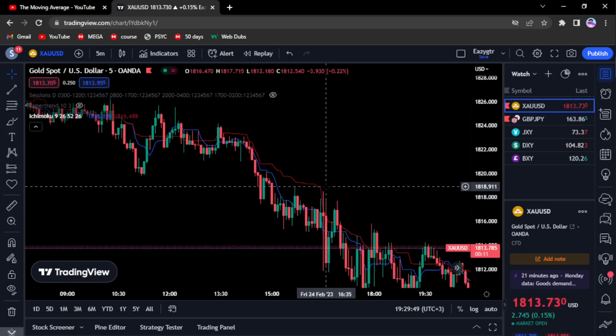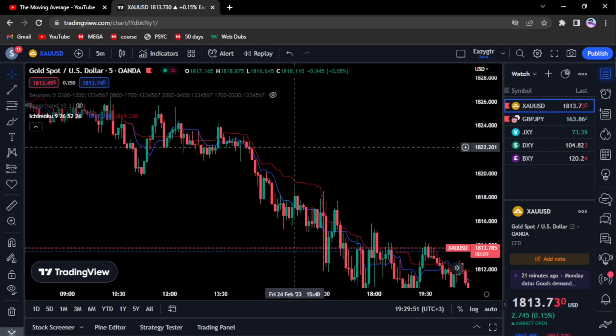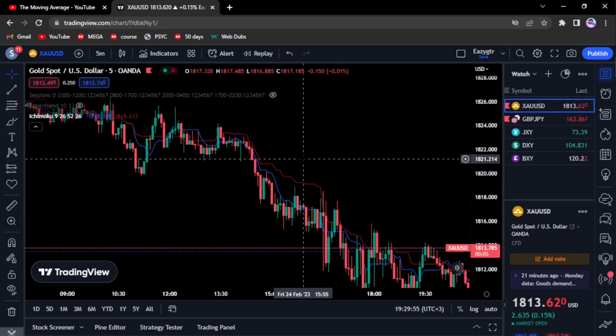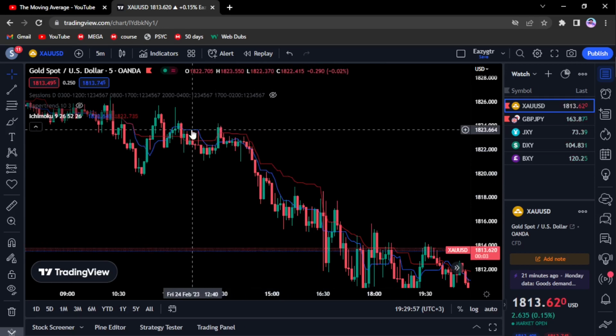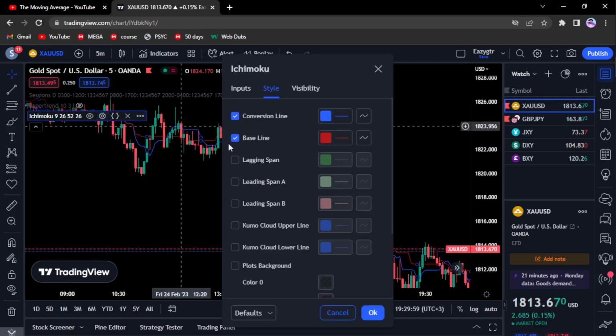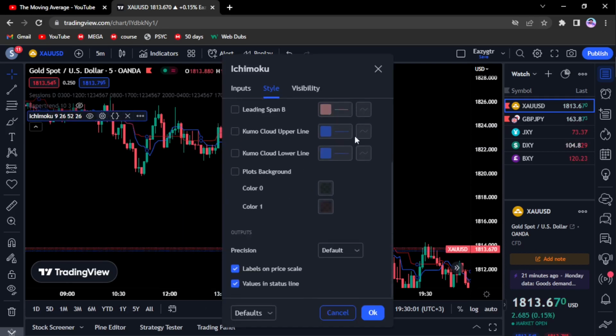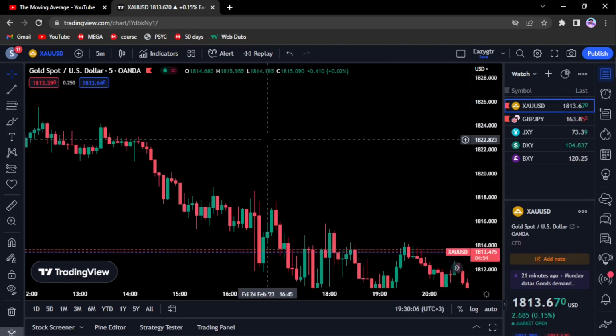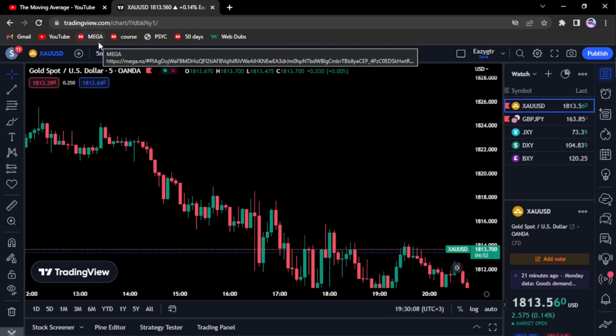Okay, so jumping right into it, I'll also show you a better way of filtering the trades that you get into by the end of the video. So this is basically the Ichimoku cloud. I'll go over how to set it up. Let me remove all the indicators. So step one, without wasting time,